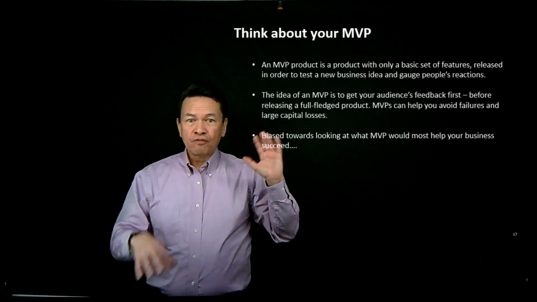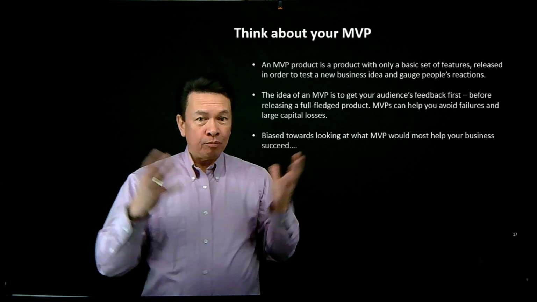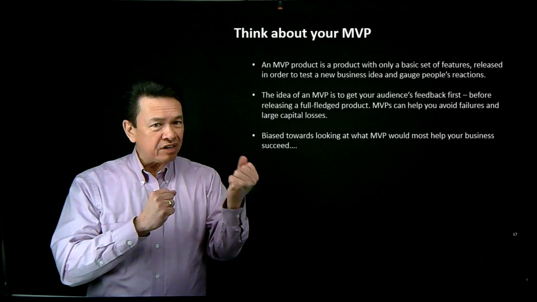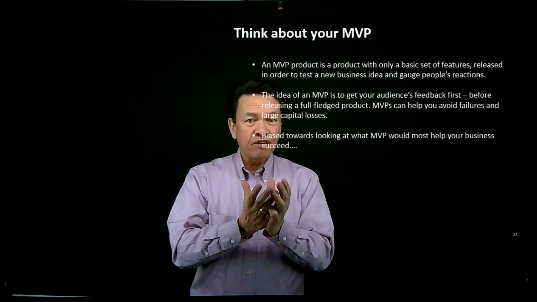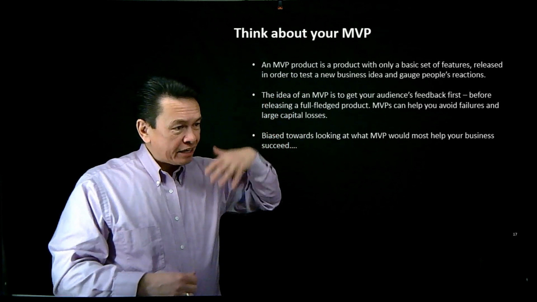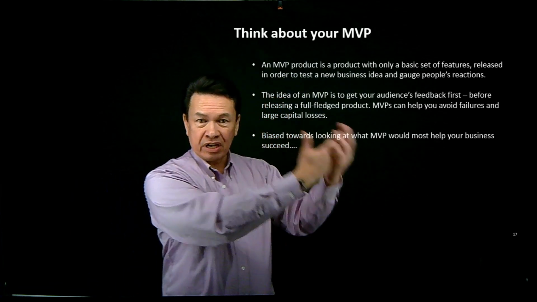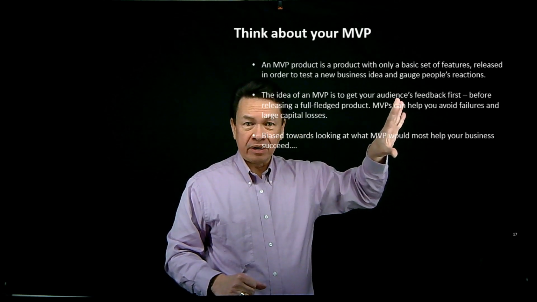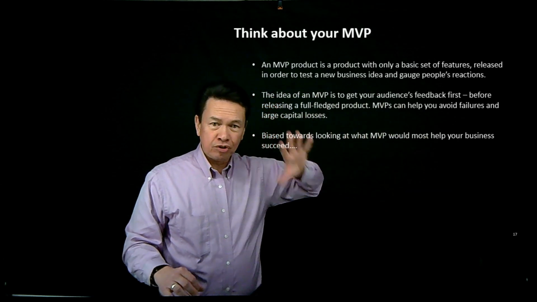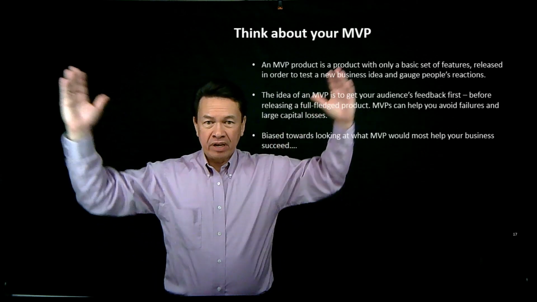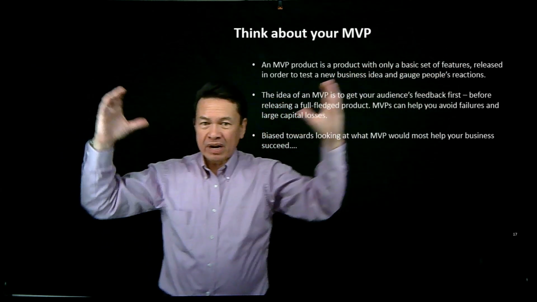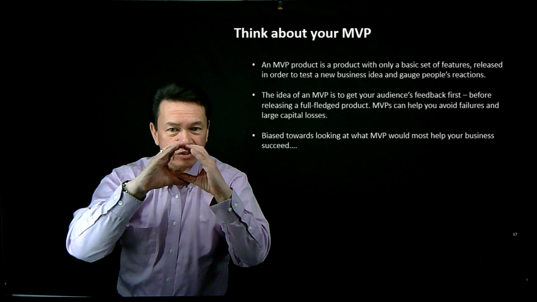So for you, for next week, I want you to think about your minimum viable product. What is that basic set of features, right? Or basic set of services that you're going to offer that proves that your value proposition is worthwhile and you can take it to market, right? You can have other visions in terms of Release 2, Release 3, Release 4, but what is that? Where are you going to start? I mean, think of it that way. Here's my overall vision, but I have to start somewhere. What is it that I'm going to start with?